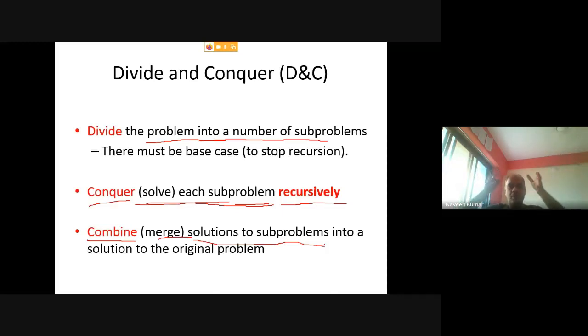Assume it in this way. Initially there are 1000 elements. You have divided into 4 equal parts, let us say 250 each. So there are 4 sub problems of 250. Now somehow recursively solve this 250, which means sort all these elements if the problem is sorting. Sort these 250 elements in the first sub problem, then sort the next 250 separately, independently. If you get these 4 sorted, independent arrays, then you need to merge them.